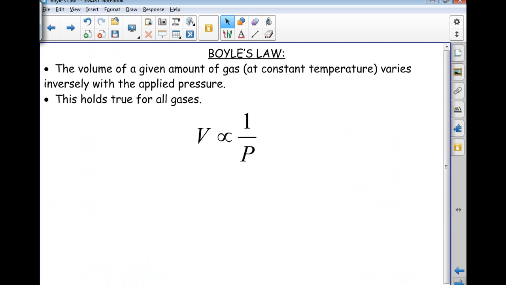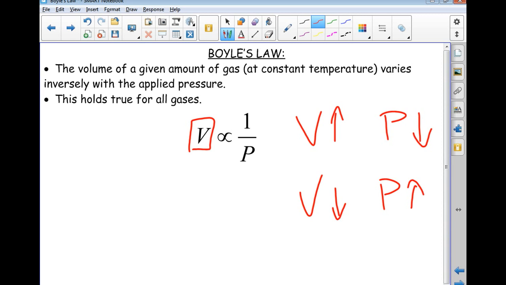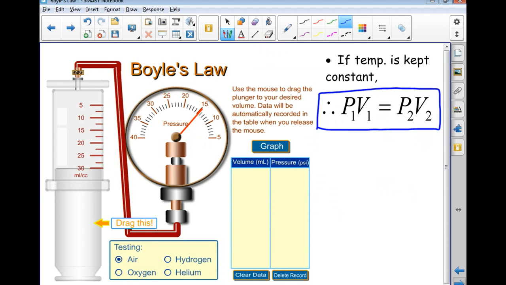Now we can mathematically talk about this, and what this says here is that volume is inversely proportional to pressure. What does that mean? Well, as volume starts to increase, pressure starts to decrease. Vice versa. If volume starts to decrease, pressure starts to increase. The volume of a given amount of gas at constant temperatures varies inversely with the applied pressure. Now, right over here, we've got this as a mathematical equation. So if we have two things, as pressure 1 and volume 1 increases, it will be equal to pressure 2